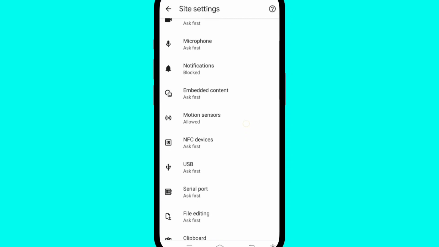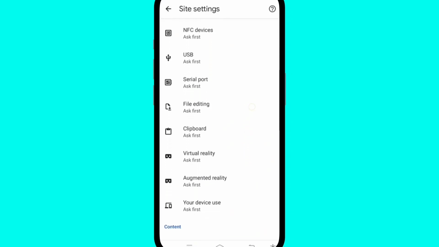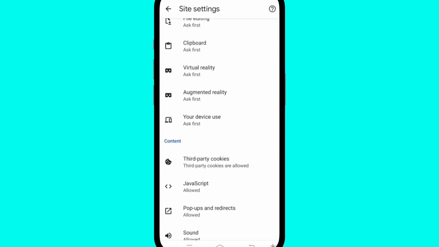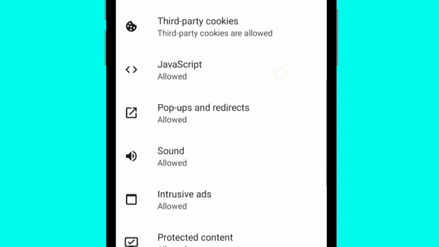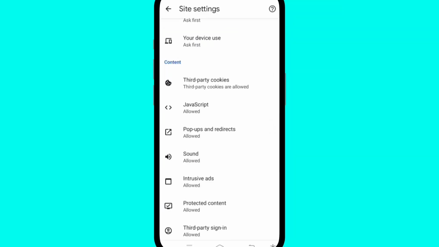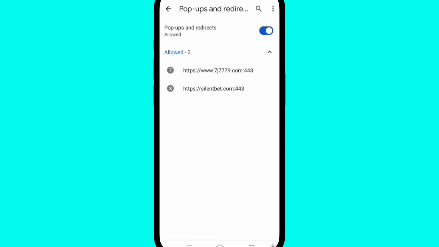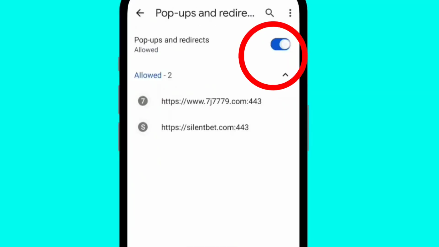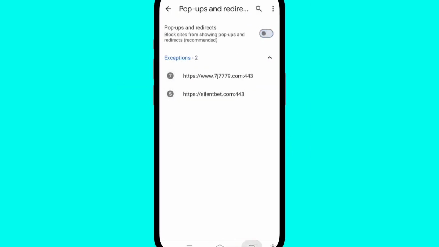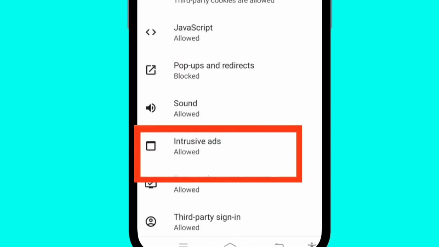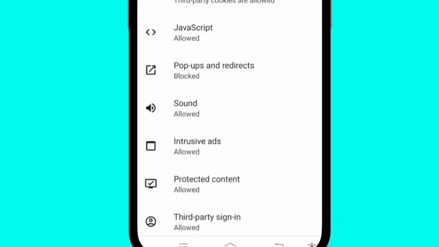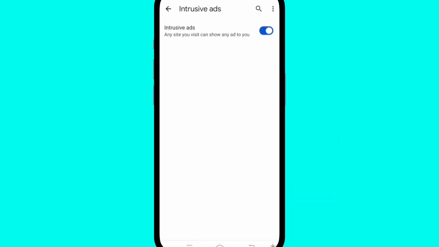Scroll down and see this option, pop-up and redirect. Tap on here. Tap on, you will see and find the pop-up icon of it. After that, minimize. Scroll down, you will see this option, intrusive ads. Tap on it. After that, turn off